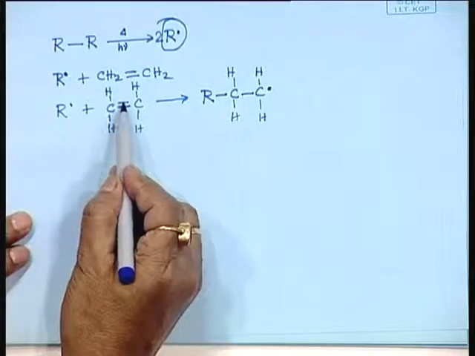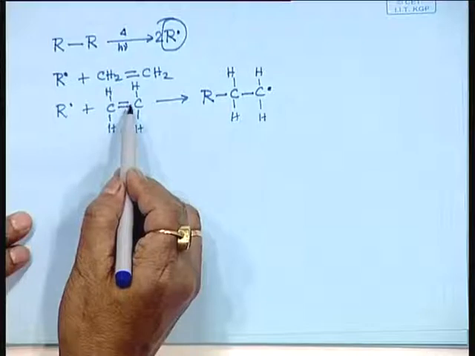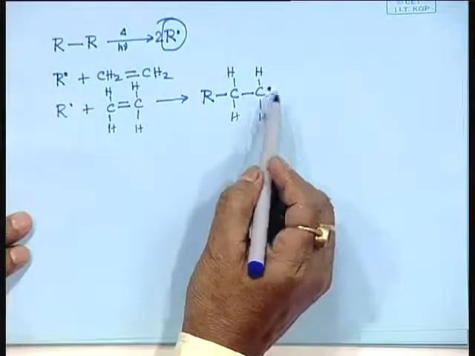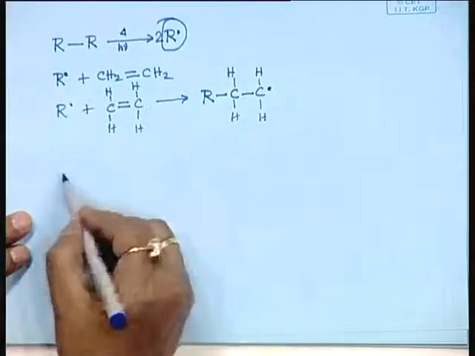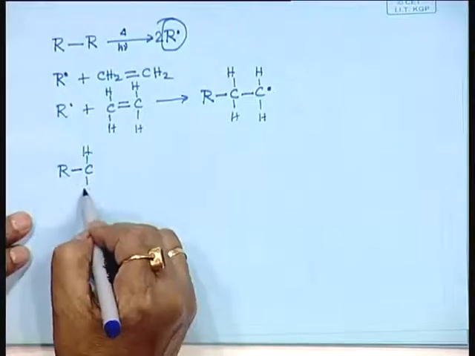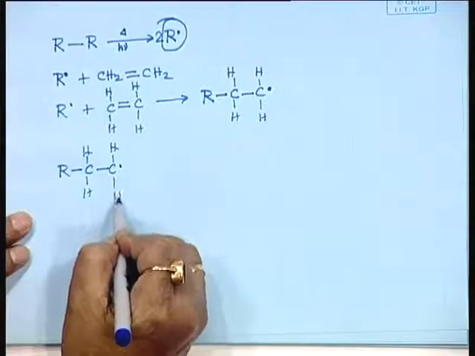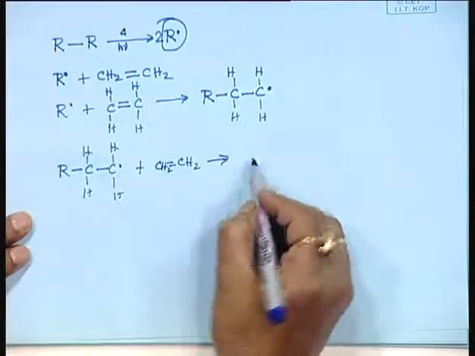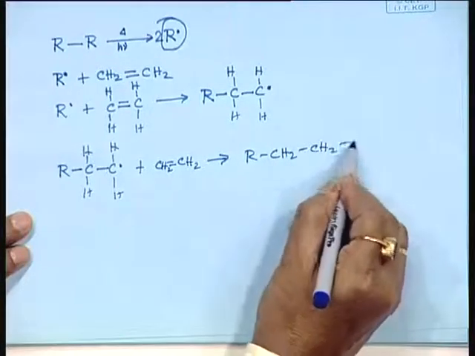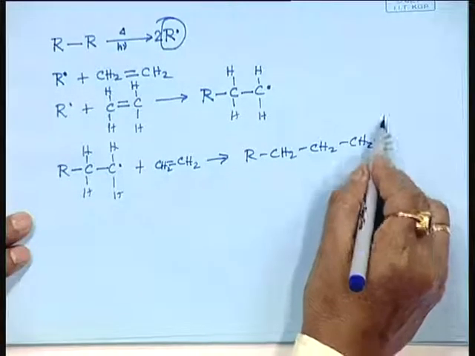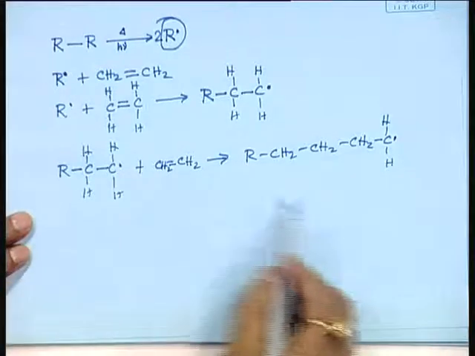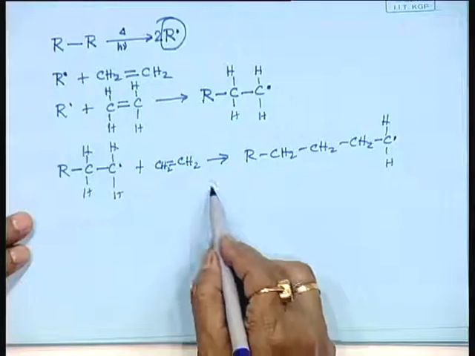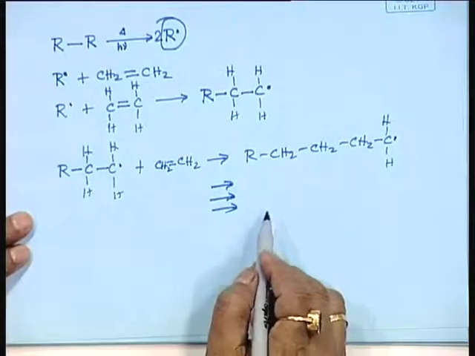That means, of the 2 electrons present in this pi bond, one will be used by this radical to form a bond like this, and another radical will be created over here, it will remain there. Now, this species is highly reactive. So, it will further add to another monomer like this, so this process continues at a very fast rate, and ultimately, if this process is allowed to continue, ultimately we can get